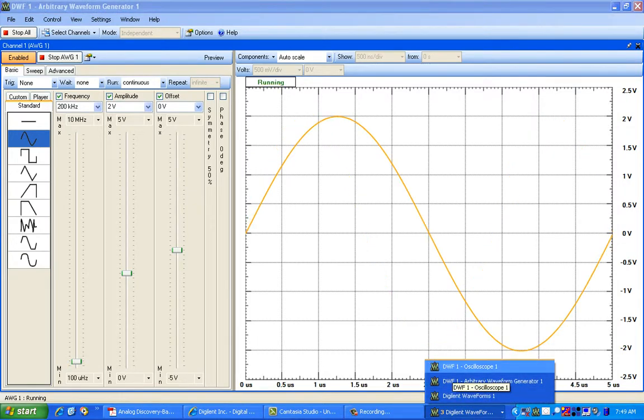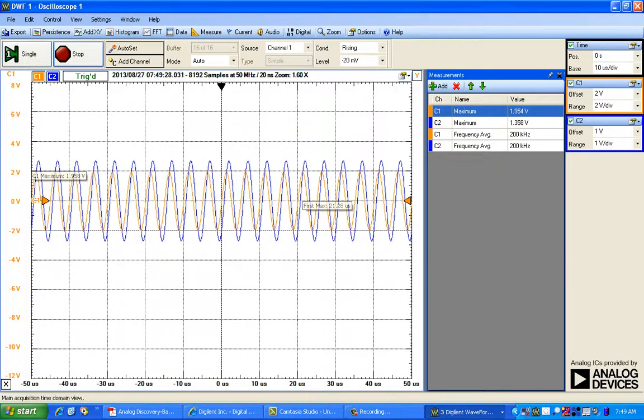Let us see the response of this input on our output. As you can see over here, once again, when we have set the input frequency to 200 kilohertz, our output has gone down. So that means the expected bandpass response of the circuit has been noticed in this response curve.